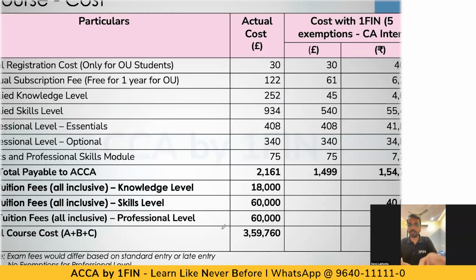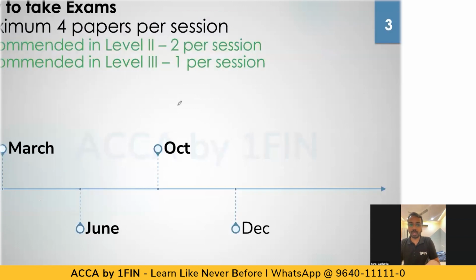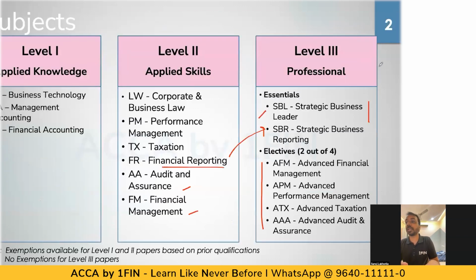Right, then there are some questions. Let me just take it up again. Sir, if you are doing CA, is it better to pursue the full course of ACCA or claim exemption? You should see, if you are pursuing CA, you should take exemptions wherever you are able to get exemptions, and accordingly you should pursue your qualification. There is no point in doing everything all over again. If you are stuck somewhere, if you feel that something is getting difficult for you in those specific aspects, you can take help. But apart from that, if you are able to get exemptions, you should definitely get exemptions.